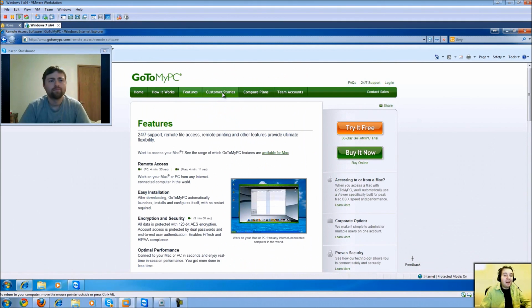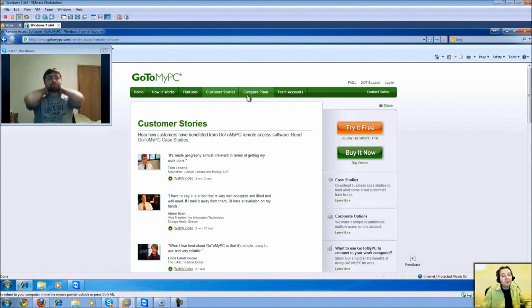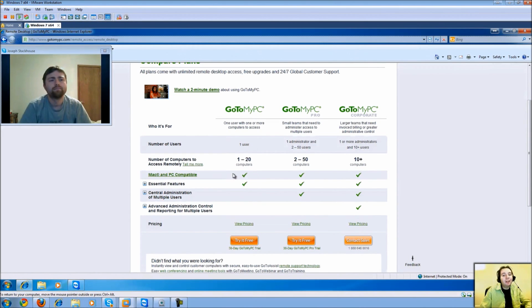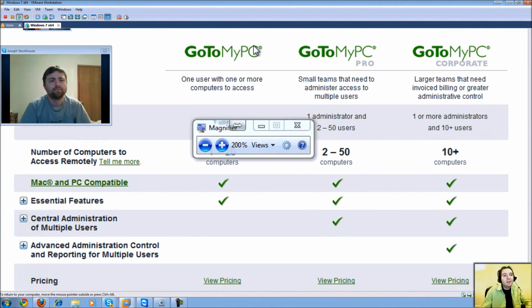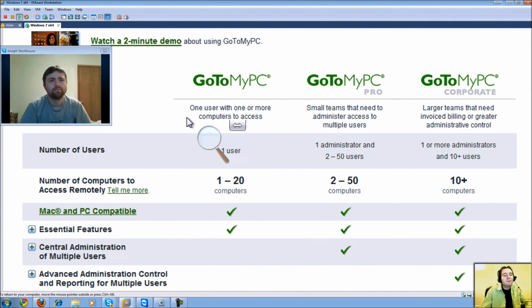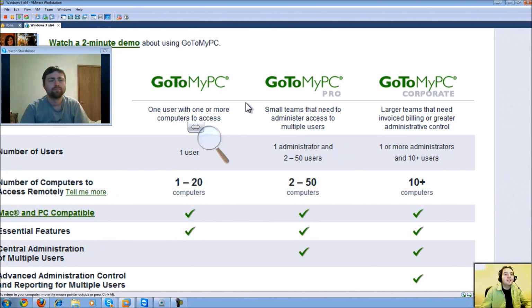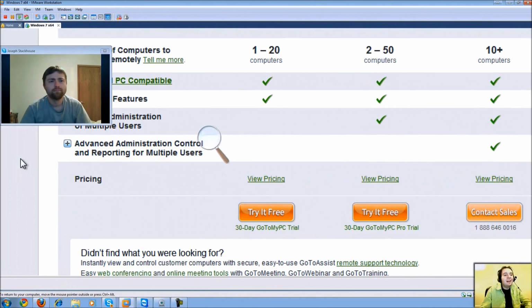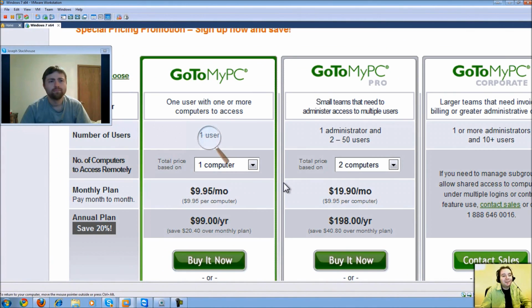I mean, it's fast. It's probably faster than TeamViewer. The connection is unparalleled from what I can understand. It's just extremely expensive. And when you go to their webpage to find the pricing, you'll see they have GoToMyPC, which offers one user with one or more computers with access, a small team that needs to administer access to multiple users, and then they have corporate, which is larger teams that need invoiced billing. So they give you the invoice billing in there. But if you want to find the price, you've got to dig down deep into their website, and then